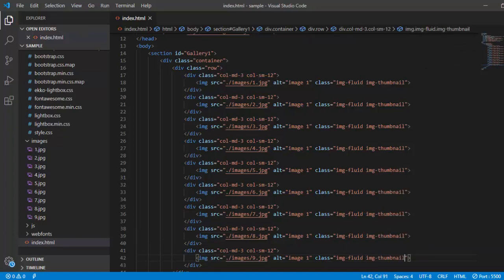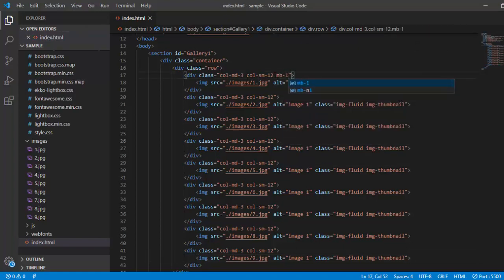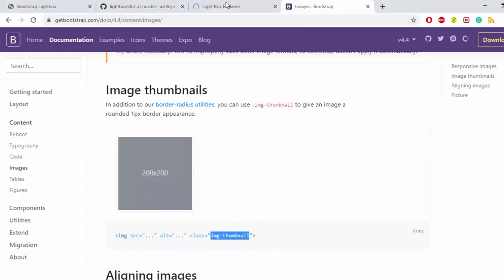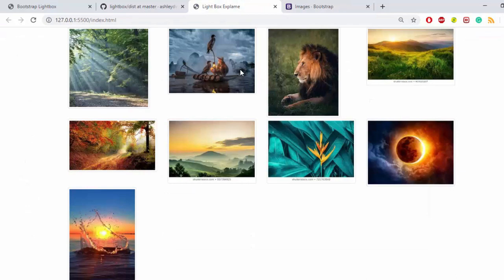So this is what we have got, and margin bottom we have 1. Let us take margin bottom 1 because we need some margin spaces between images. So that's the reason I am taking margin bottom. It's up to you how it looks. Now let us check the output. Here you go with a sweet, beautiful kind of thing.